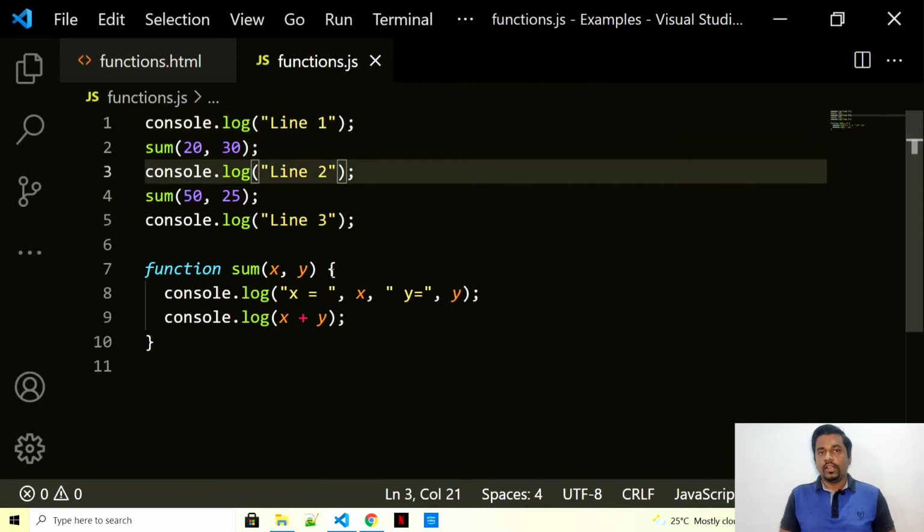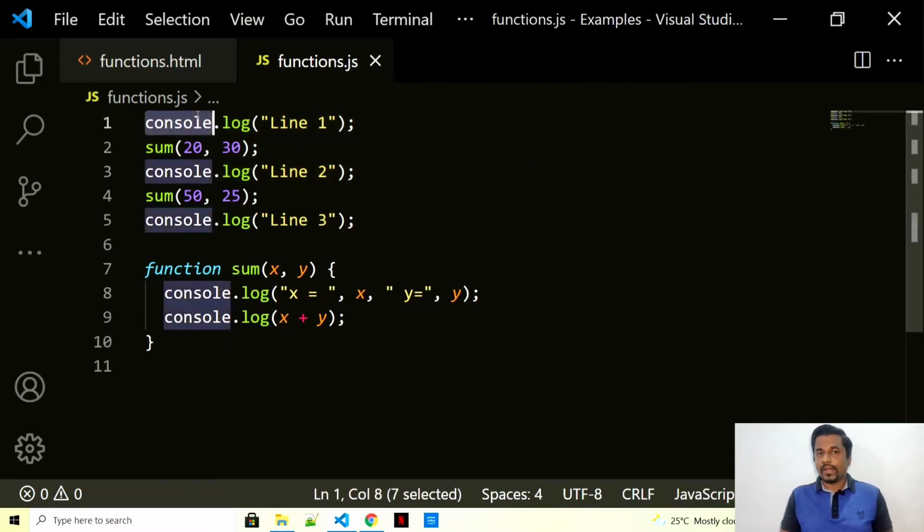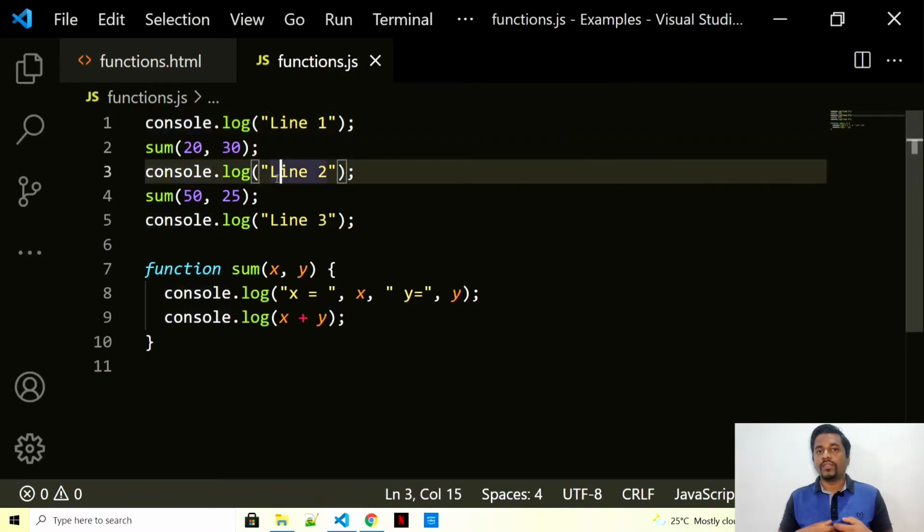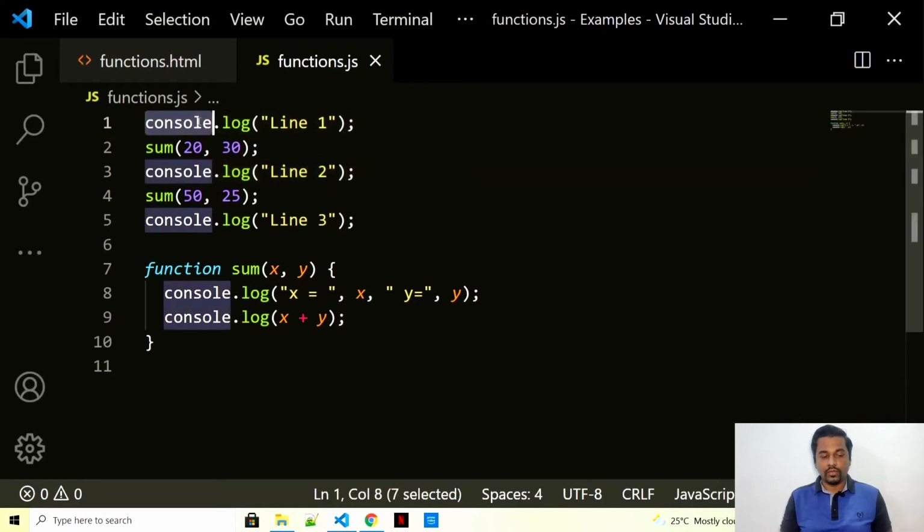Let's not get confused. Why I am doing this is to show you how the function gets called, and irrespective of whether the function is declared on the 1000th line, the function will get back to you on the same line from which it is called. To understand how this program would be executed, on line number 1 console.log is there,